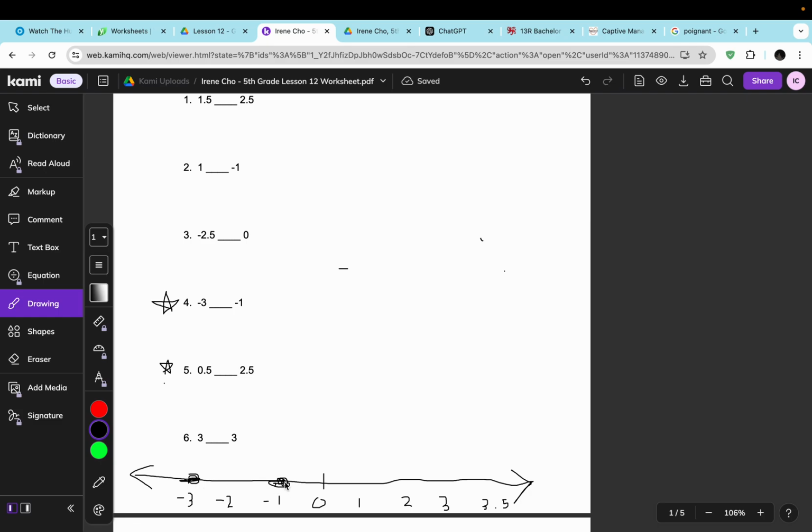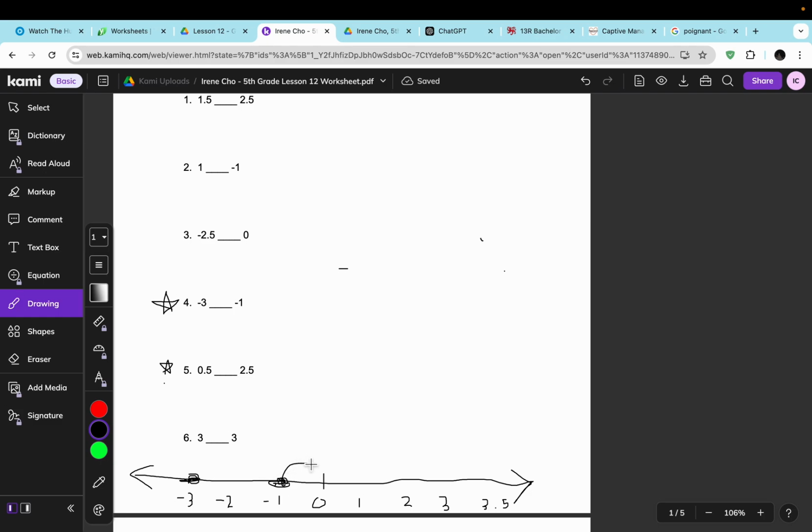For negative numbers, the farther away the number is from 0, it means that it's smaller. Compared to positive numbers, where the bigger the number is away from 0, it means that it's a greater number. But for negative numbers, it's the opposite. So the farther away the number is from 0, the smaller it is. Knowing this information,